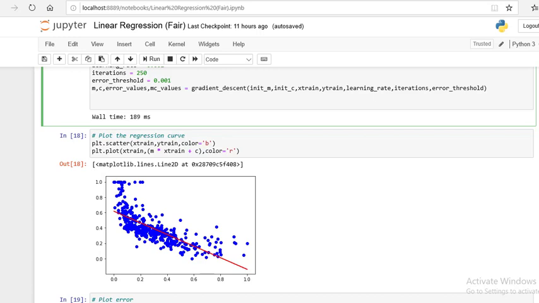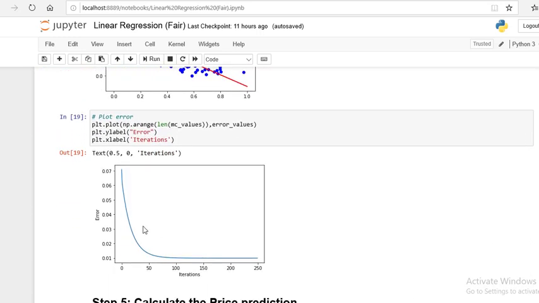This is the curve for training data. The scattered points are the actual feature values. Next, this is after the regression curve. Next, how to plot the error. This is the graph used for error with iterations. After n number of iterations have been made, the errors are in an ideal state.